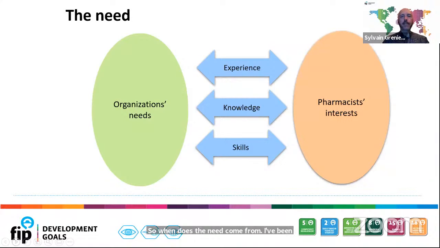So where then does the need come from? I've been president of the Military and Emergency Pharmacy section of the FIP for the last 5 years. Prior to this, I was part of the EXCO for several years, and I've been involved with the FIP and MEPS since 2002. So I've often been asked by mainly young pharmacists coming in about what type of experience and training is required